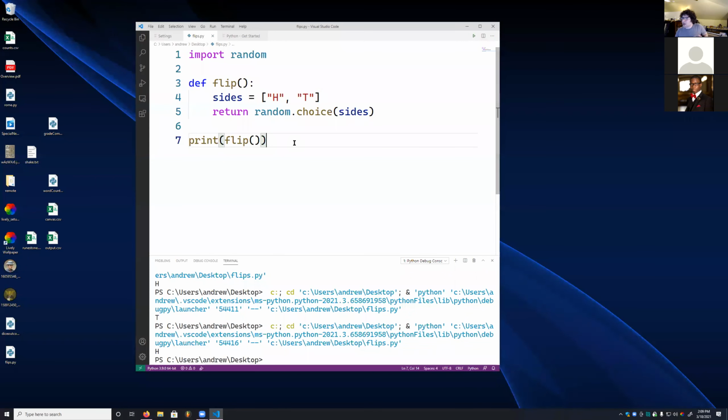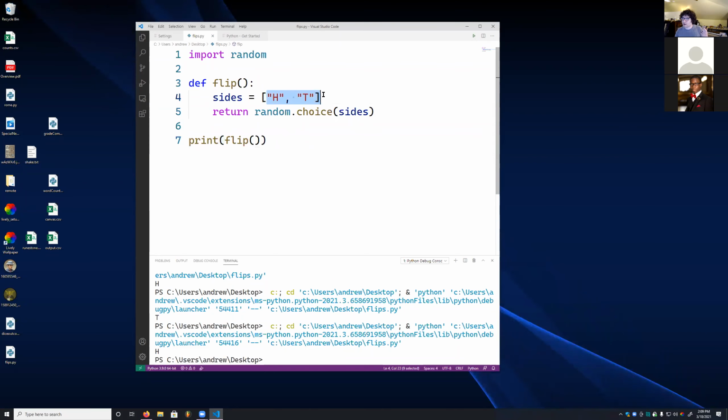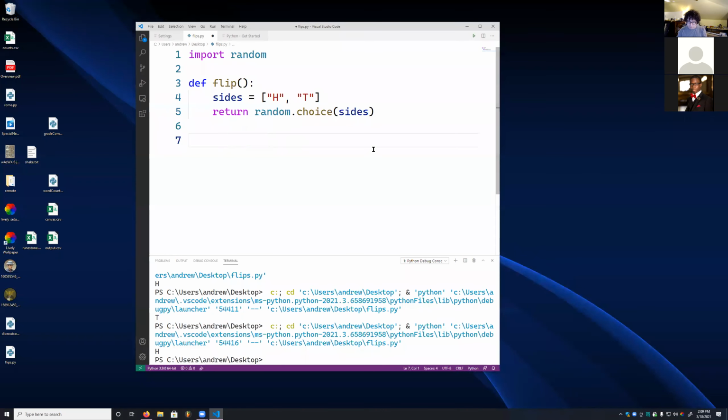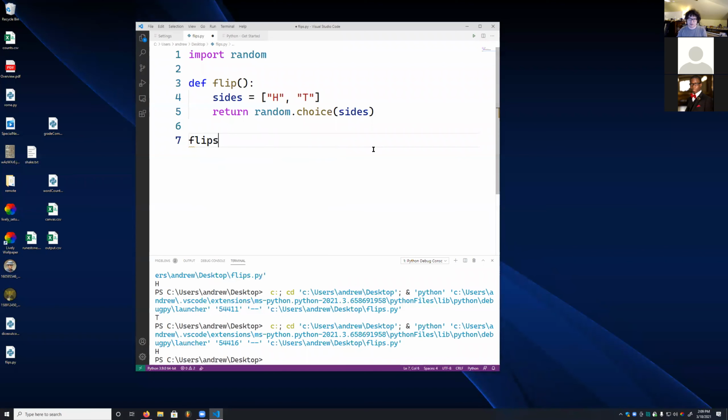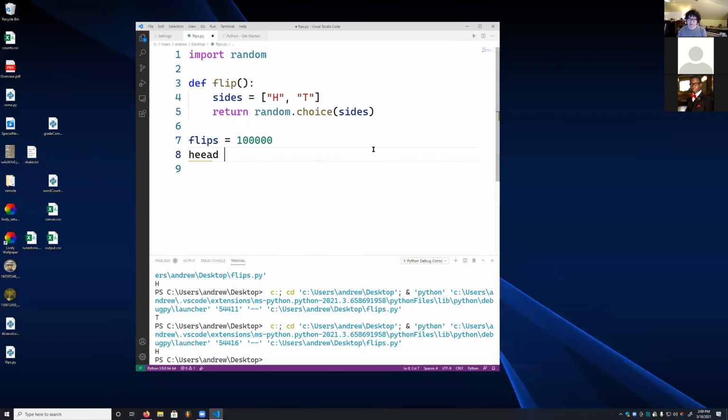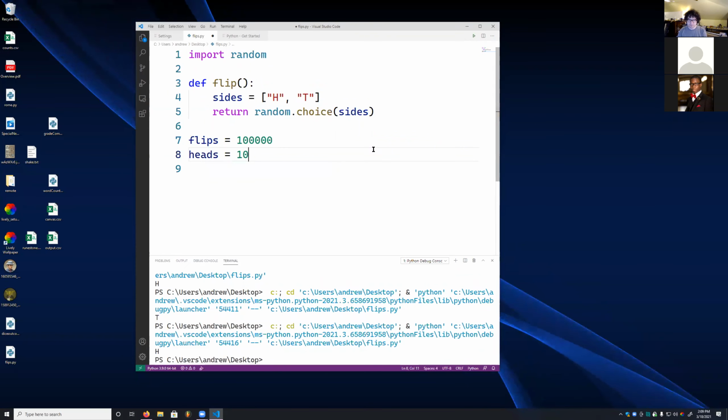And of course, the only way I can really verify to you that this works is to do a Monte Carlo approximation, which is basically to say, let's go ahead and do 10,000 flips, or sorry, 100,000 flips. And then let's go ahead and count up all the heads that occur. So heads is equal to 0